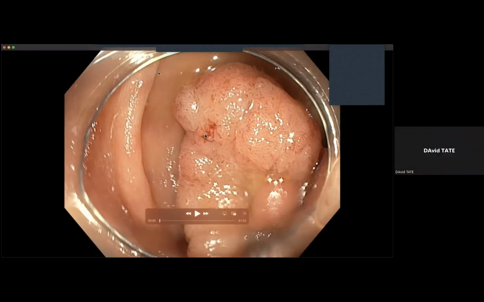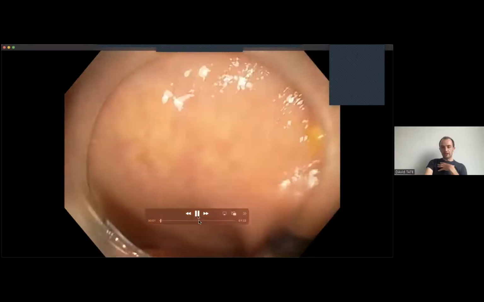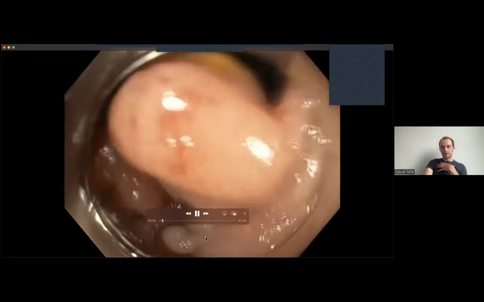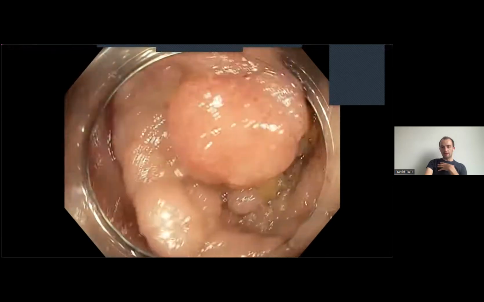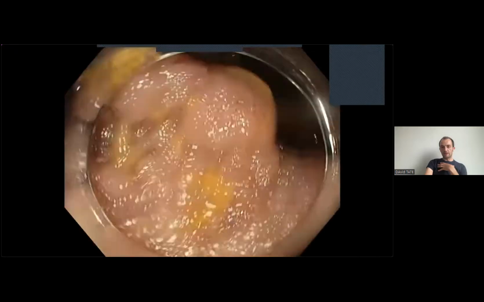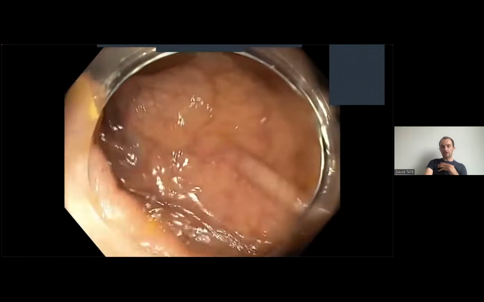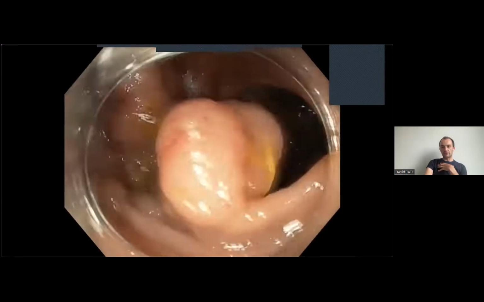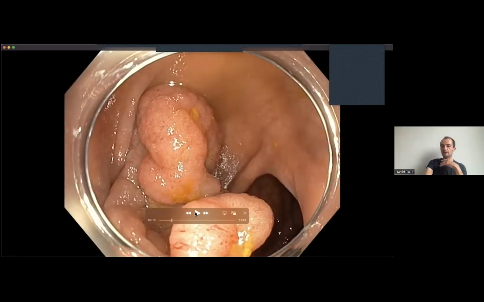Perfect. Okay, so let's have a look at this together, Mzamo, and we'll decide together what we think. First thing that you should be thinking is, what is your first impression? Is it cancer or not? So let's pause it because you've had time to make a first impression. Even if you don't think you have, your brain has already made its first impression, so you have to trust it. What do you think? Cancer or not cancer?